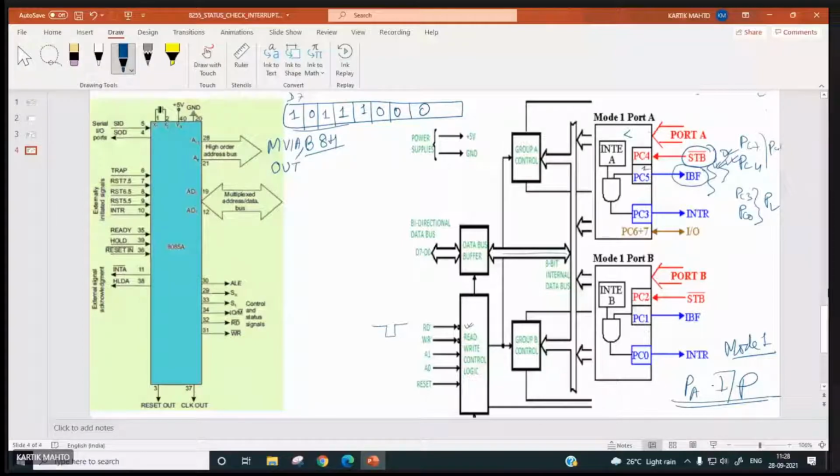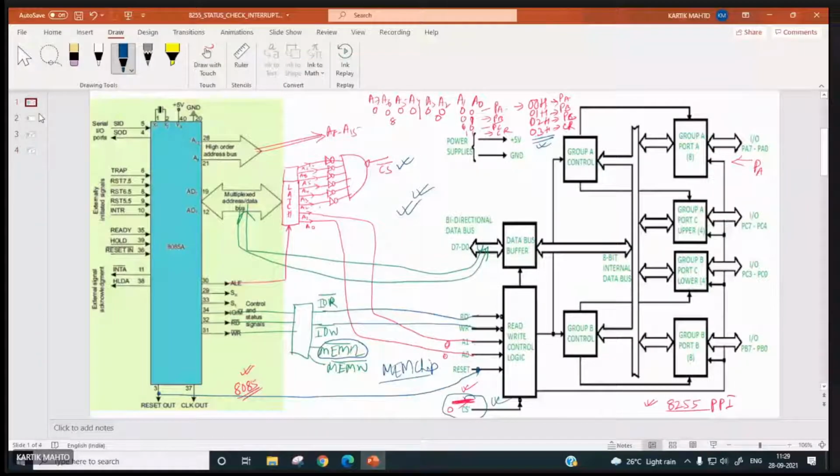So what is the control register location or address?